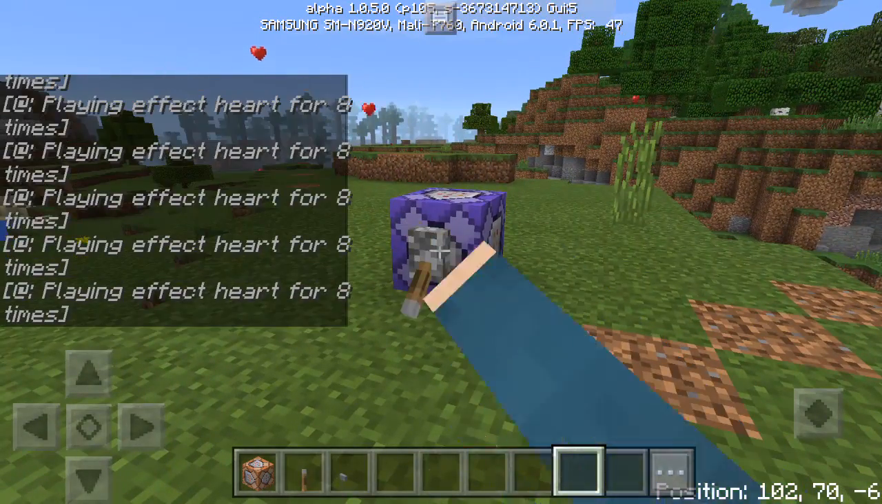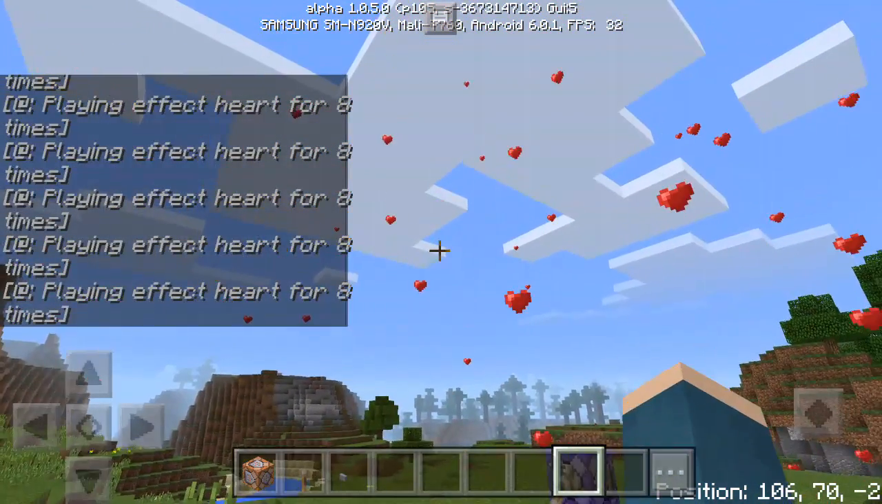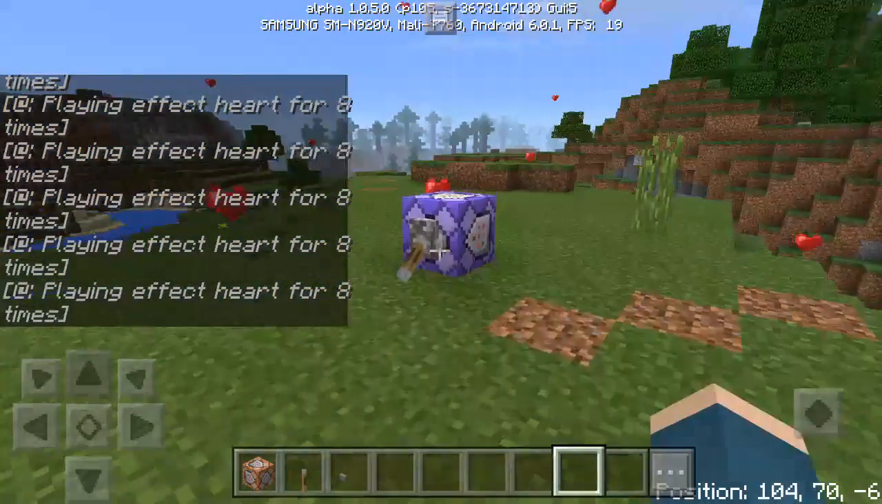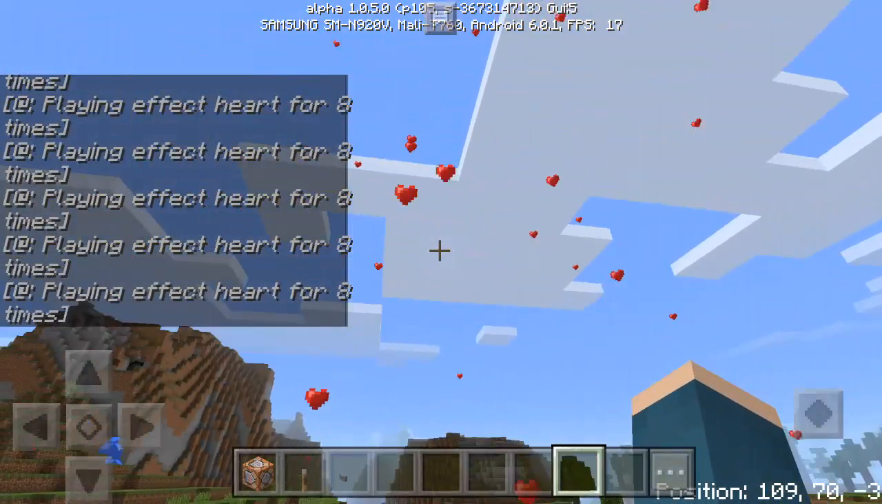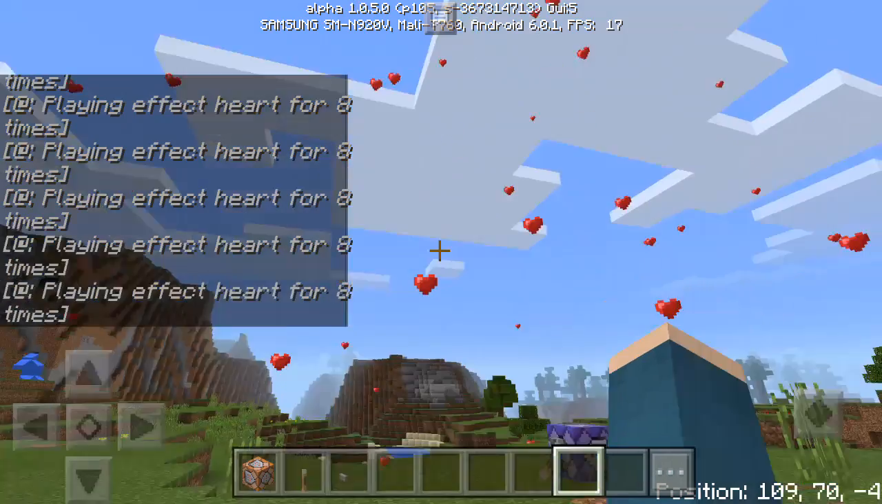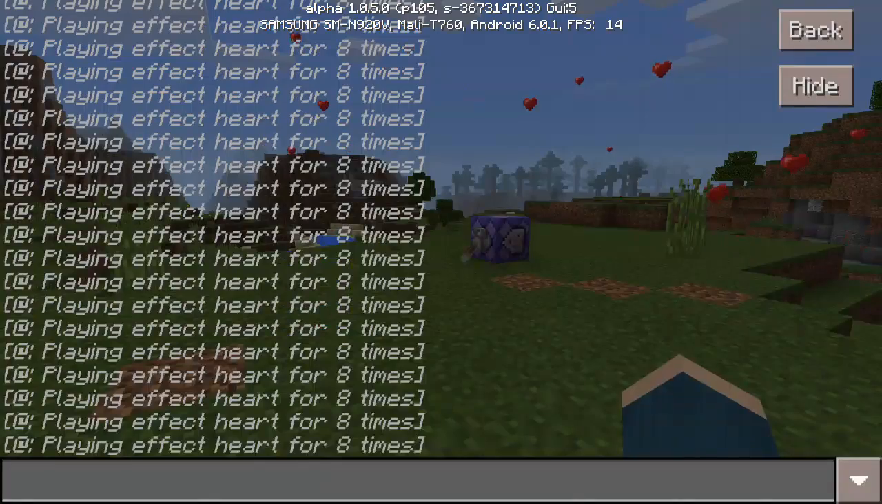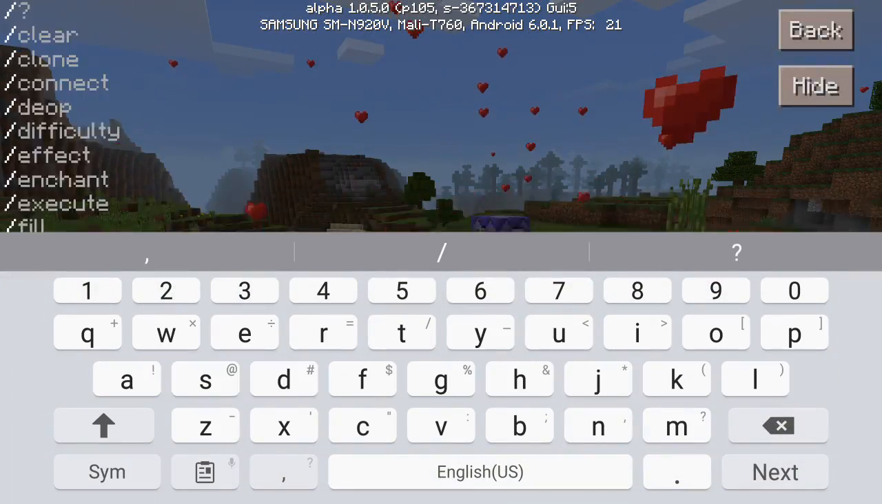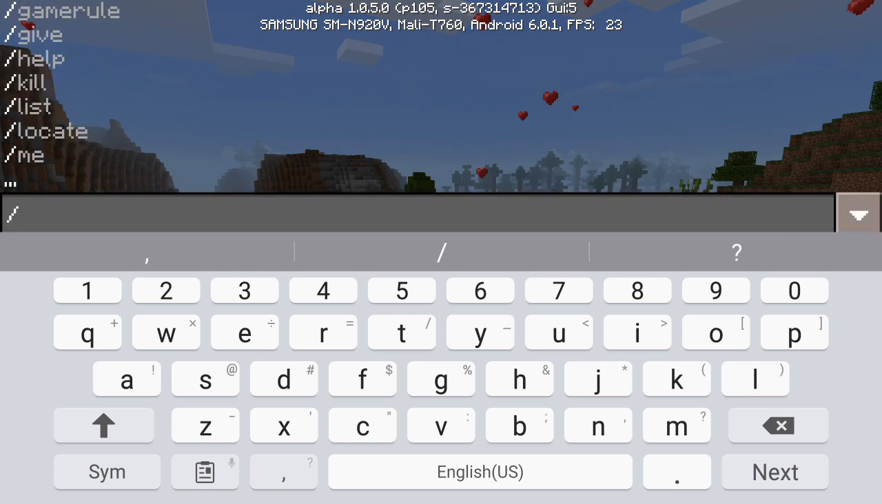Repeat will do it a bunch of times. As you can see, you can actually see them. So you'll only need to flip this once, and it will repeat it the amount of times that you have it set to. So if you don't want this spamming your chat anymore, all you have to do is do